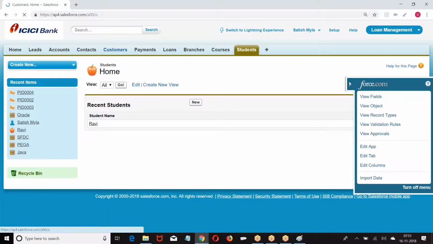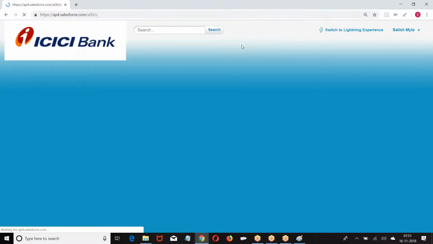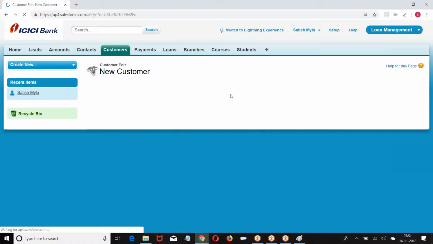Now we have created a number of fields in the object. When I created the customer object, look at this.